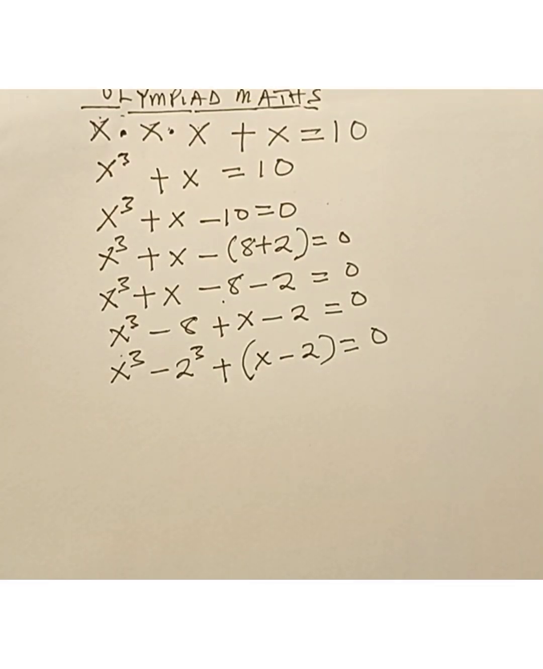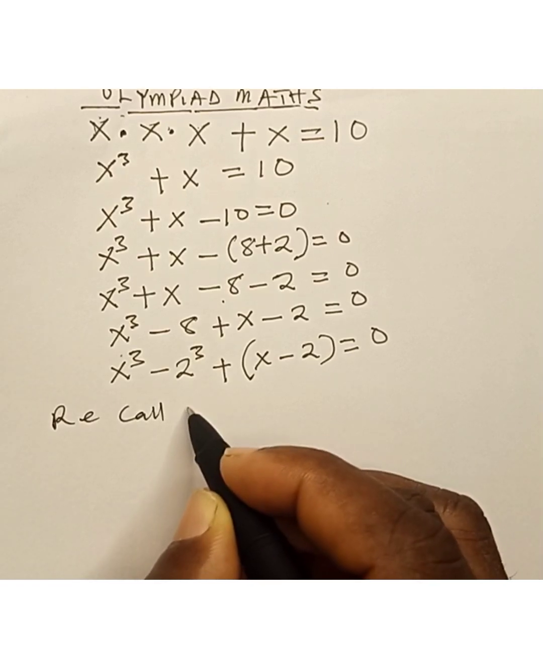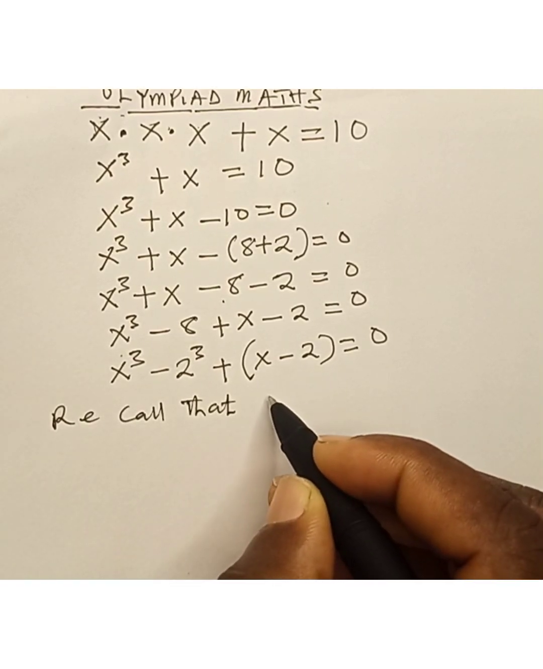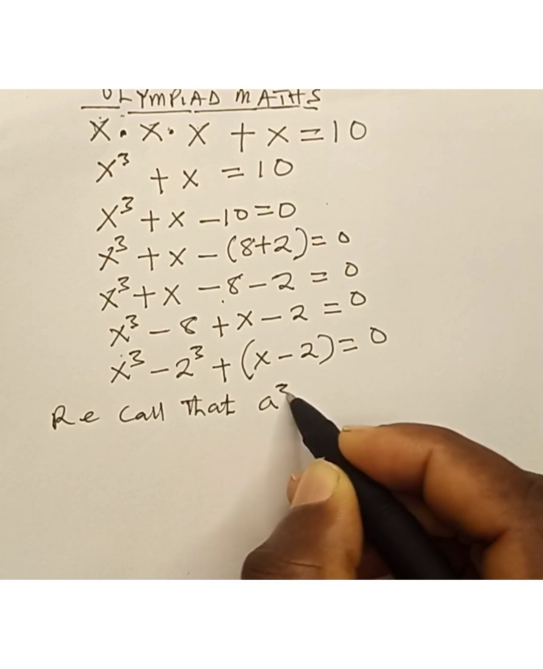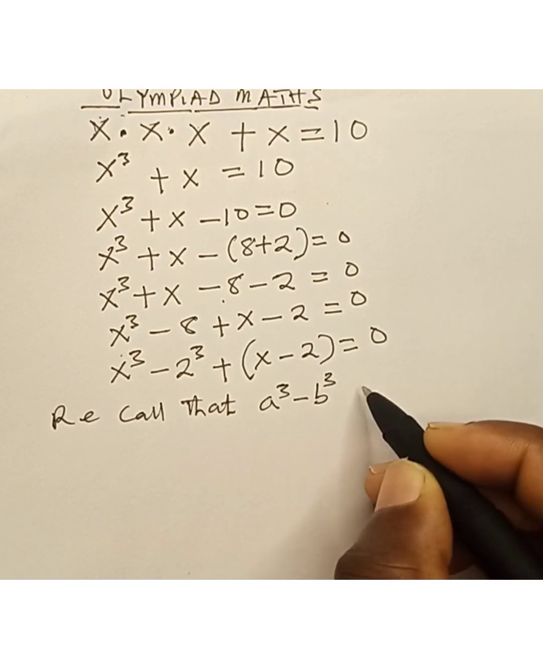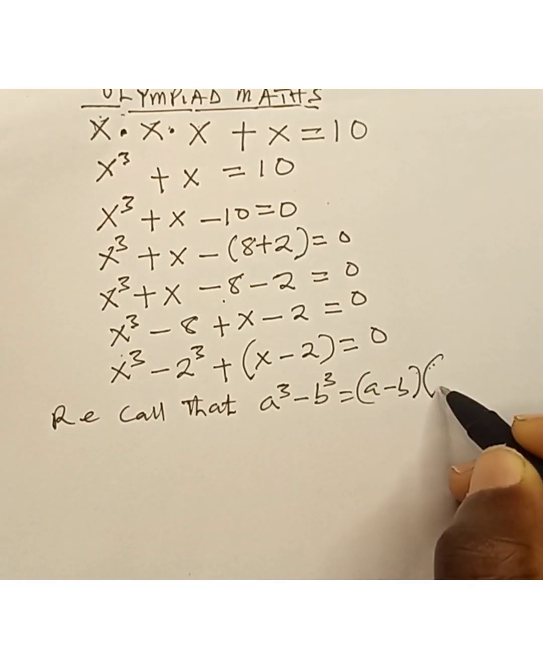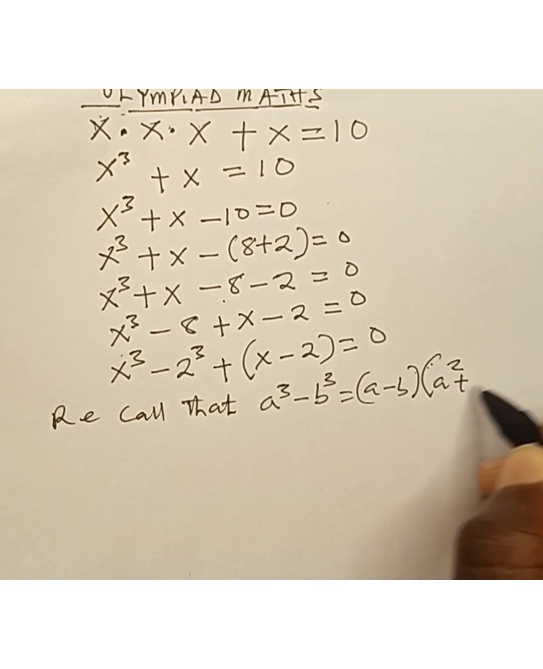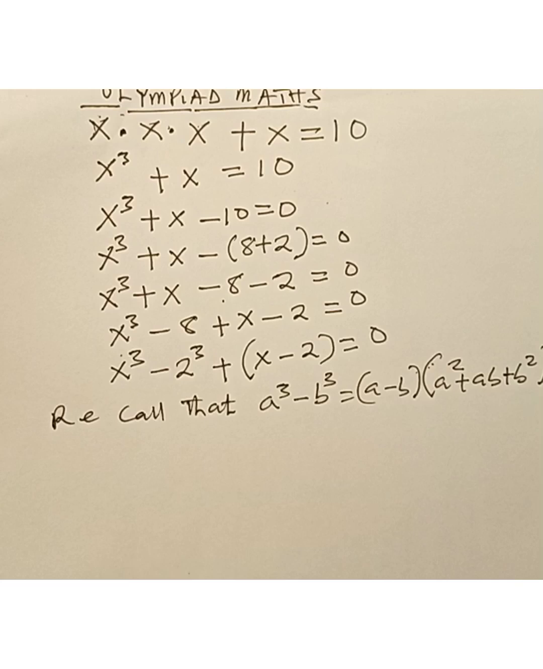So since we have this expression, you can also recall that A raised to power 3 minus B raised to power 3 equals A minus B, A square plus AB plus B square. So if we apply the same rule here, we are going to have